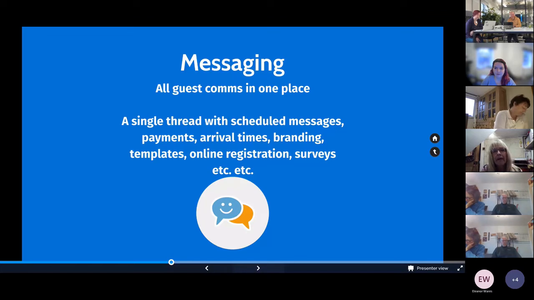again and again. So you don't have to think about, I need a pre-arrival email to go out for this guest just to explain where the parking is or anything like that. You just set it to go out 2 days before they arrive, and it will do that. And you put all your branding on there, and you can do your online registration, your digital registration, so the guests can complete that before they arrive.